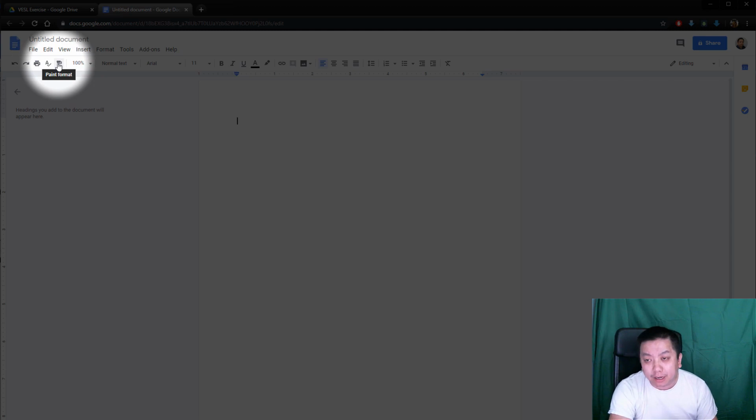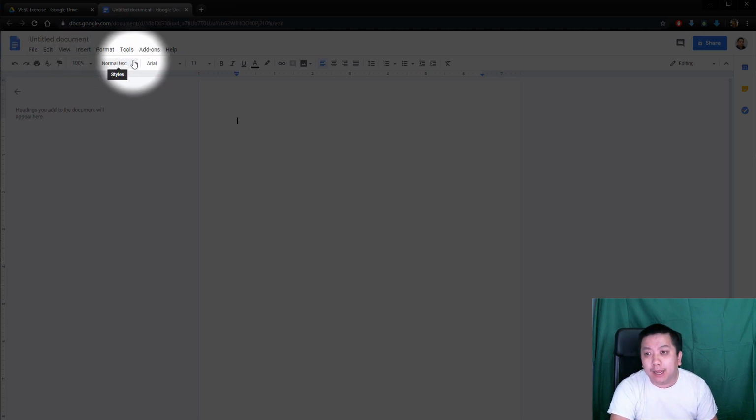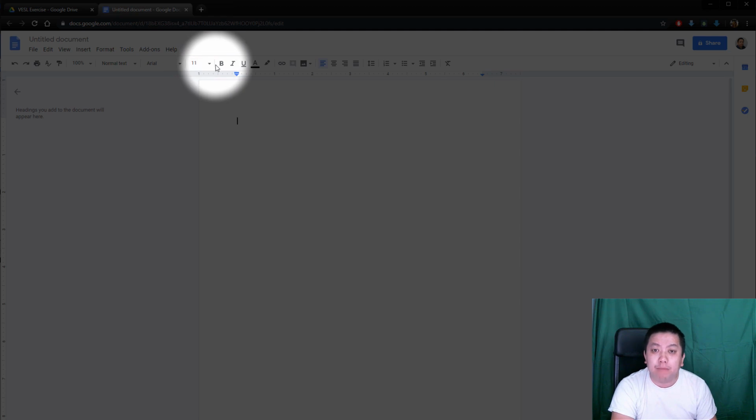And then there's the paint format, and I will show you how that works later. There's the view option and the styles, and I will show you that later as well. And then the font, and you can change the font right here. And then the font size. And if you go over, these are the more common tools that everybody uses, like bold, italic, underline, the font color or the text color. And if you want to highlight your text,